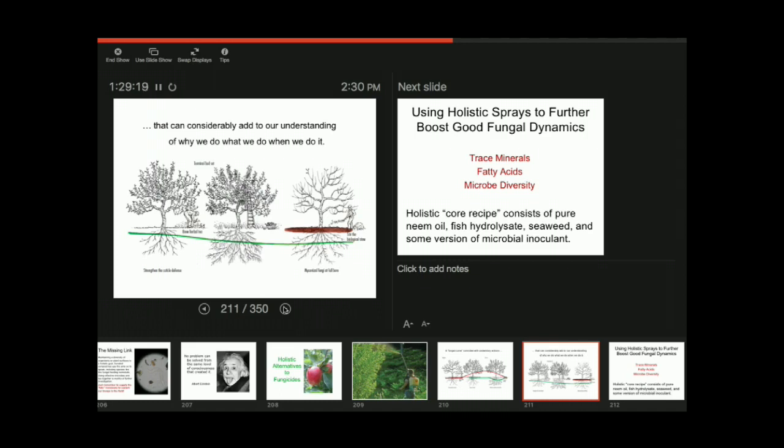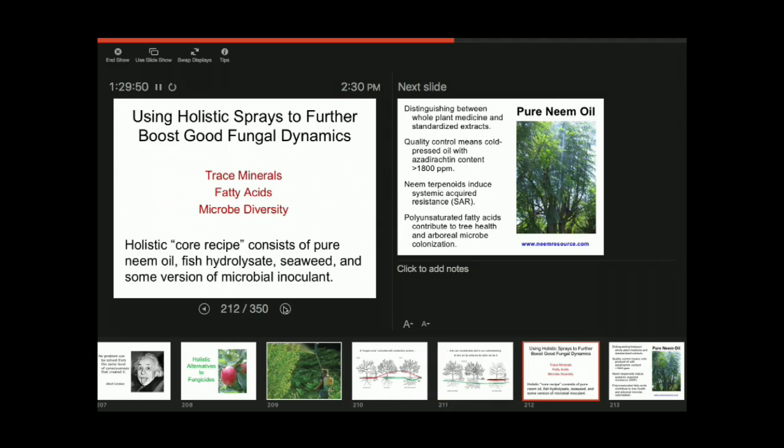And so some of the things I'm doing are making sure that if I'm shallow cultivating, I do that at the height of summer, not in the spring, not in late August, September, because that's when the feeder root flush is taking place. And then finally harvest takes place and leaves are dropping, and I want to make sure I can decompose as much as I can. So I'm tying to what the root system is doing, but I'm also aware of what's going on fungally. So my spray, my holistic core recipe,